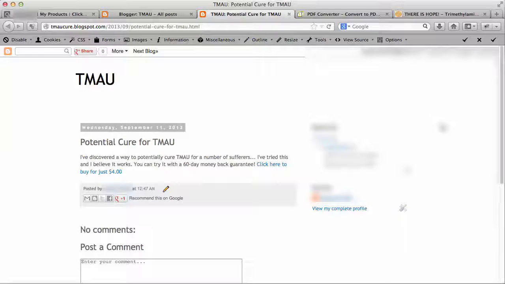And that's it. Once your product is approved, people will be able to go on to ClickBank and be an affiliate for your product and sell it. And you're going to make $4